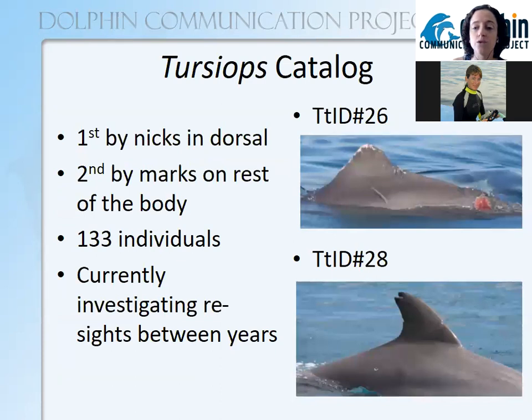So those of you who joined our webinar earlier this week on Tuesday, which of course is already up online if you missed it, you already know about recognizing individual spotted dolphins. We talked about how no two spotted dolphins have the same spot pattern, and we can use those markings to